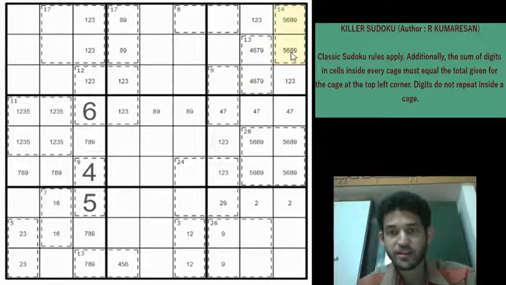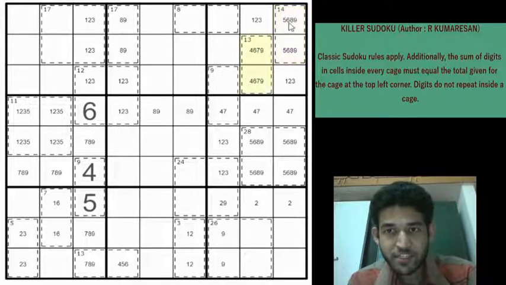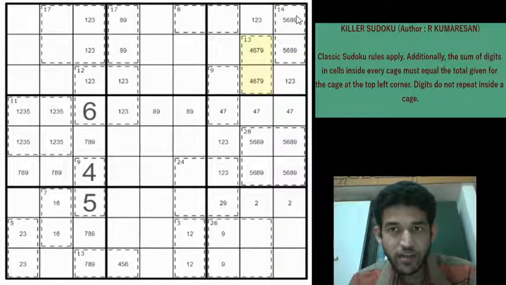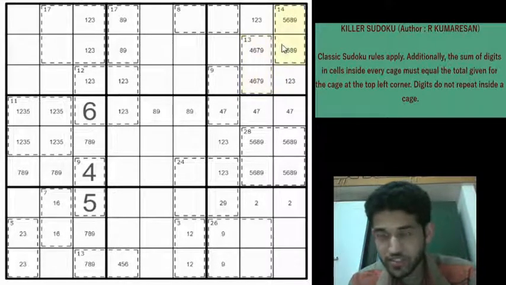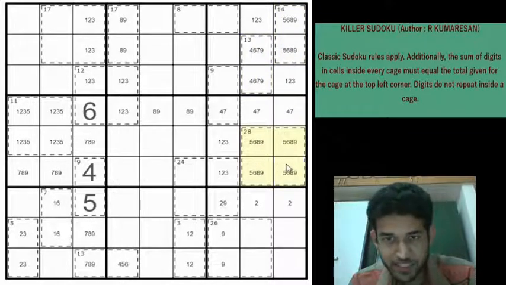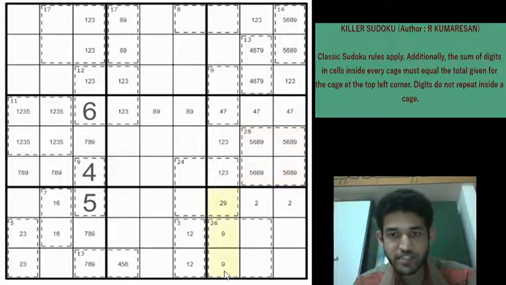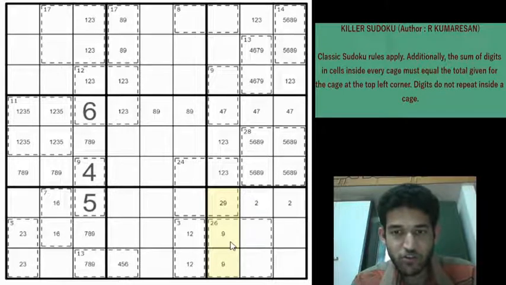Wow, here it goes. So a 6 must be in these 4 cells for sure. Simple way to look at is, can you form the 13 and the 14 without the 6 in one of these 4 cells? So if you don't have a 6 here, this will be a 4 9. Then this would have to be a 5 9 if it doesn't have a 6, but 4 9 5 9 is not possible. So 6 must be in these 4 cells for sure, and a 6 is here inside this 28 cage, which means that the 6 in column 7 would have to go in these 3 cells. So we have locked 6 9 here.